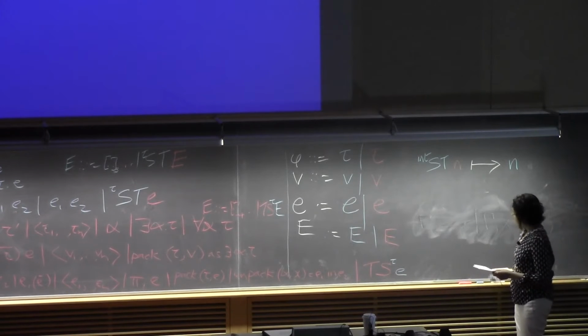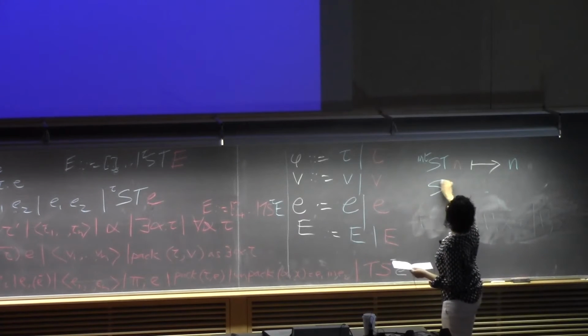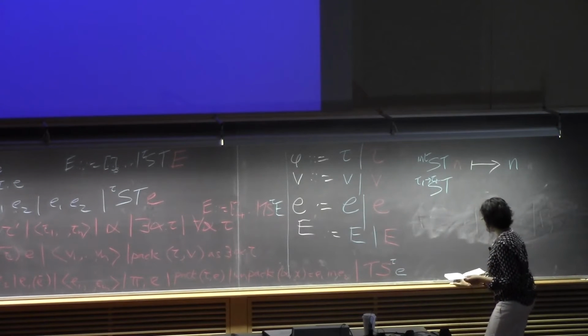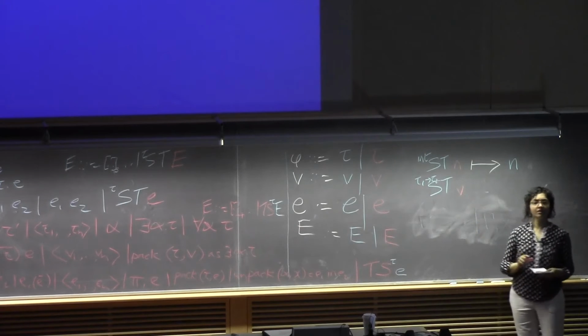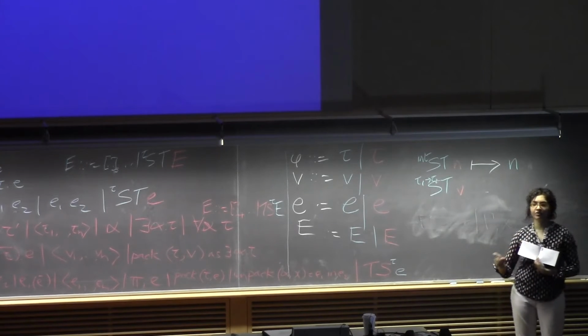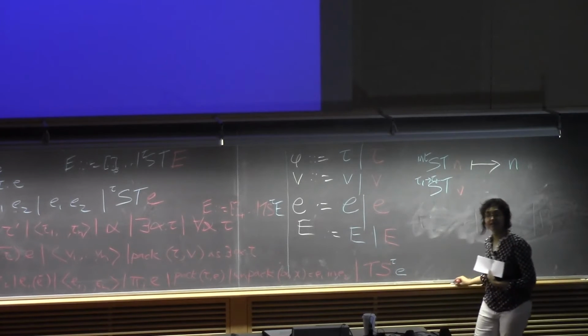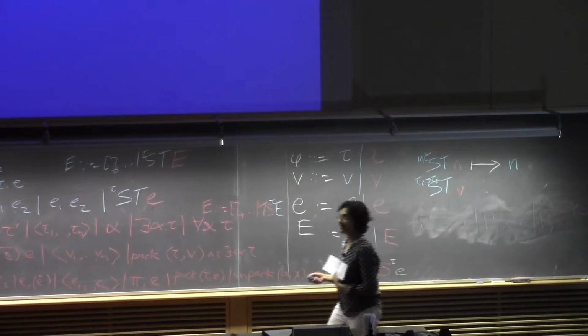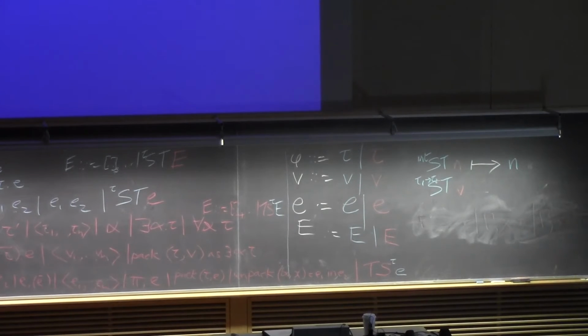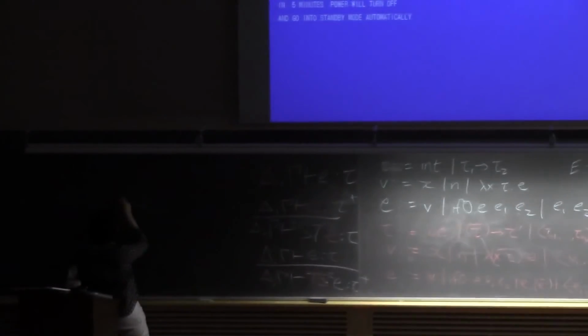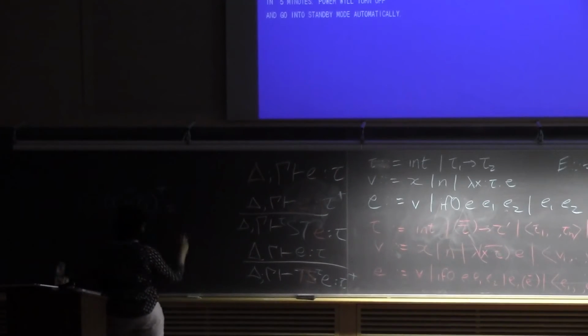Now the other one is the more interesting one. When we have ST of tau 1 arrow tau 2, and I'm just going to put a v here, a value, let's think about what type that value is going to have. It's going to have type translation of tau 1 arrow tau 2. Does everyone remember the translation from yesterday? Should I write it down? I'll put it here for reference. Translation of tau 1 arrow tau 2 plus is